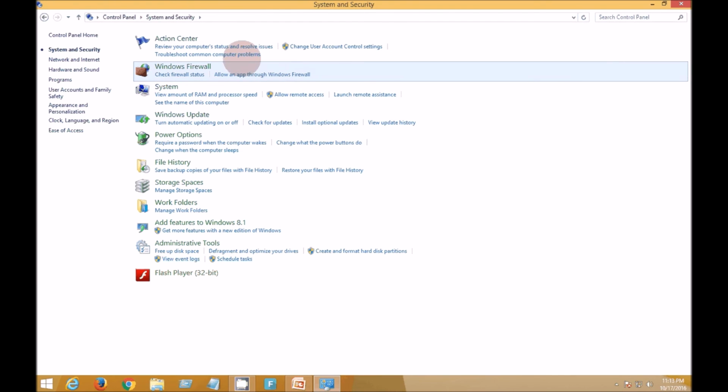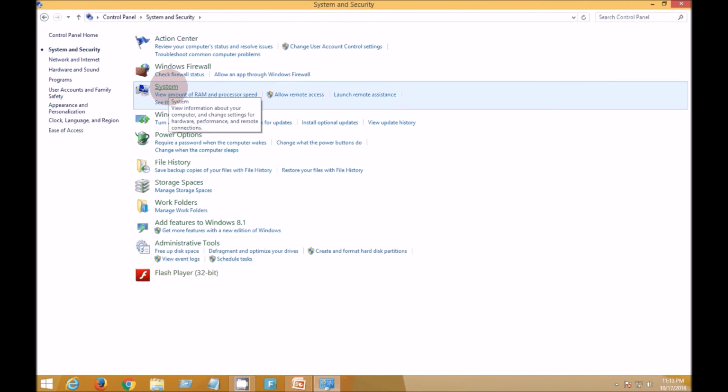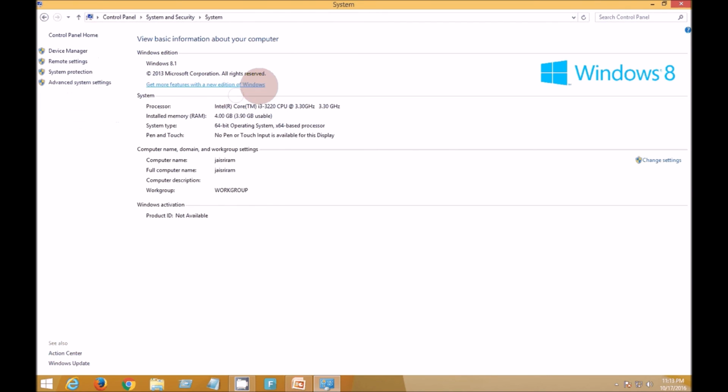In that, you'll find the configuration and details. Click on that and open the System subheading. There you will find the amount of RAM and processor speed. Click on that and your configuration will appear on the screen. So my system type is a 64-bit operating system with